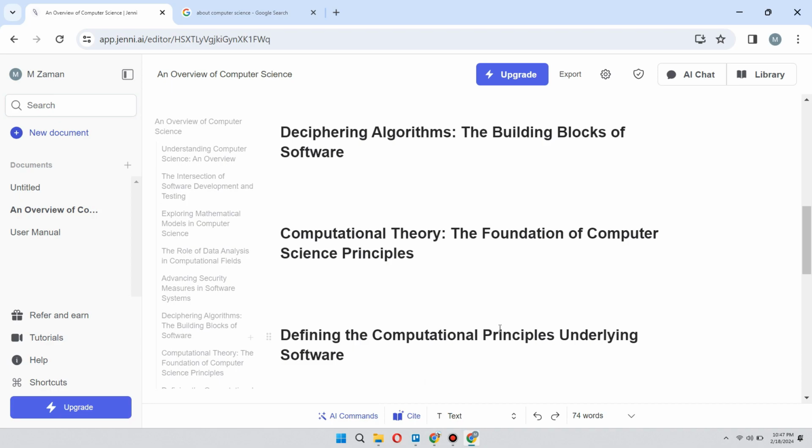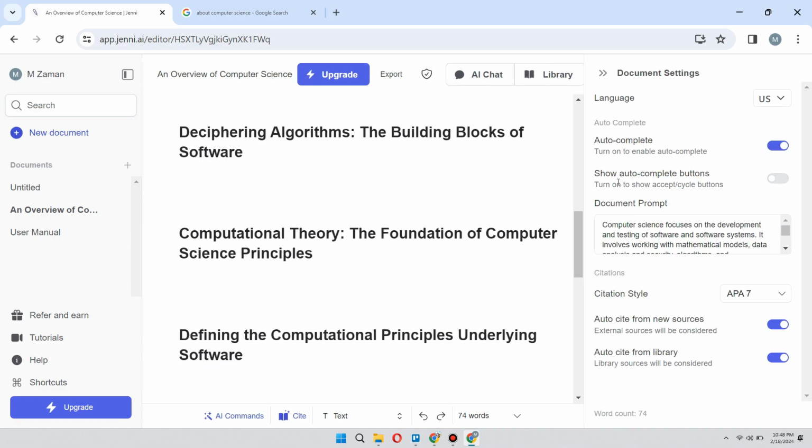If you have an option to add images, you can export your document from the top right. Also, you have other options like settings to adjust. If you want to upgrade, just simply click on this option. And that's how you can use